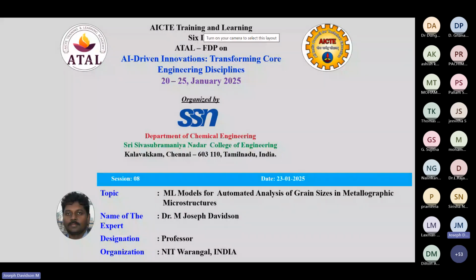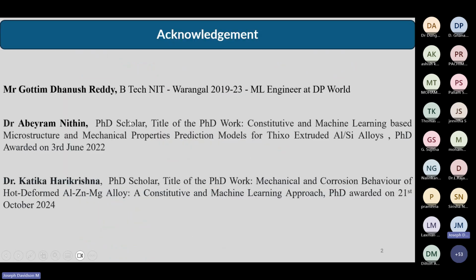So before starting my topic, I would like to acknowledge my scholars. Basically, I got into AI or ML some 3 years back in 2022-23. My scholar Abhay Ram, who was in fact working on constitutive modeling of thixoforming of AlSi alloys, was also interested in using some of the ML models.